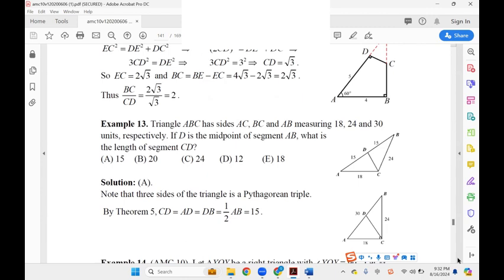Okay, so one thing we should pay attention to. Is it 18? So from these three sides, they add together, we can get to know this is 90 degrees, right? And then if this is the middle point, so if this is 90 degrees, this is the middle point of the hypotenuse. So we can get to know AD is equal to BD, it's equal to CD, right? So first from these three sides, we assume it's a right triangle. And then this is the middle point. We can assume these three sides would be the same. So it would be 15. That's high. It's A. So I think I